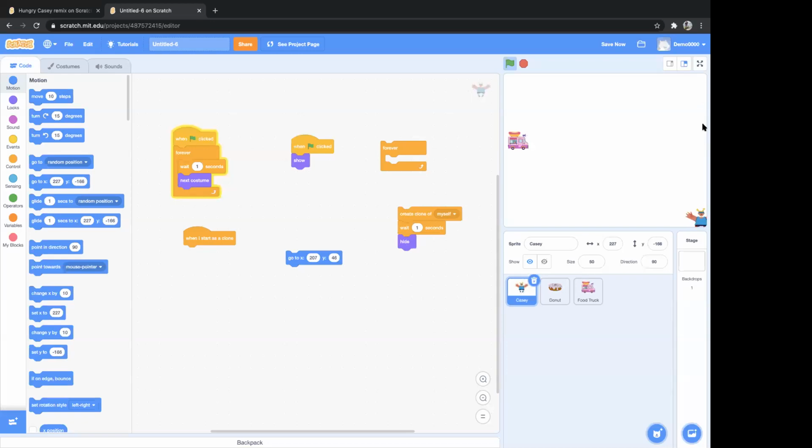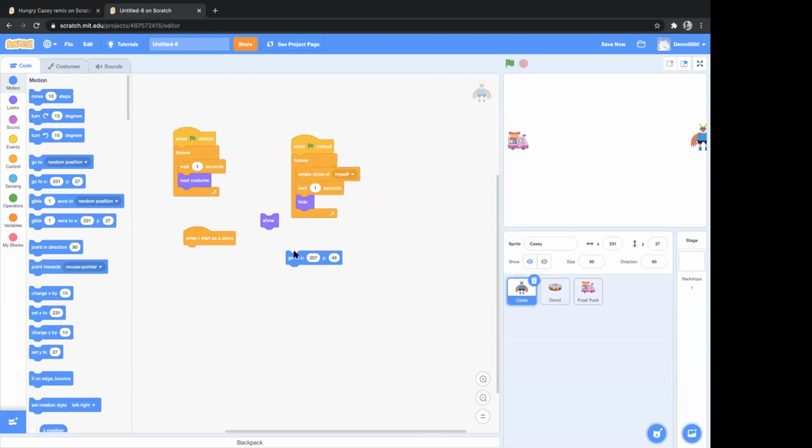Randomly, this is the y position. And the x position would remain the same, but the y-axis would change. So again, I'll just put every script in the same way as it was before.